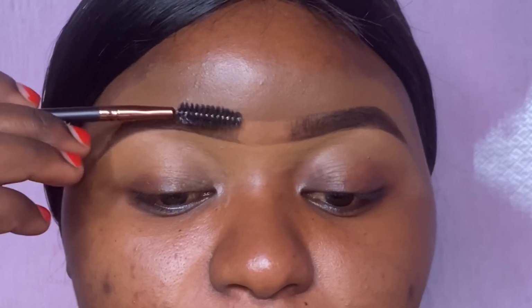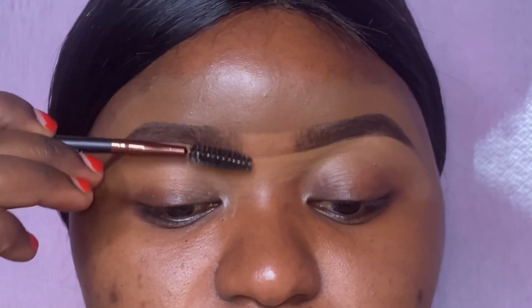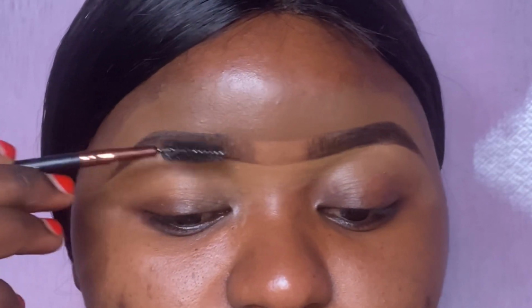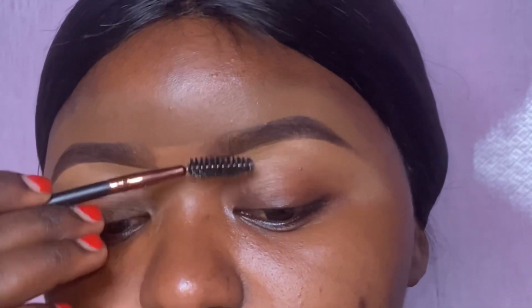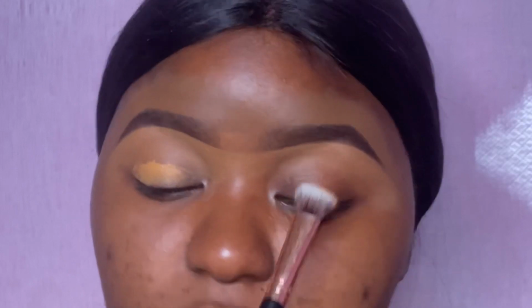So next I'm going to be using this spoolie, and I'm just going to use this just to spread that eyebrow pencil, just to make it well blended together. And you can see it's just doing a very amazing job with that. So I'm just going to use this spoolie to spread that eyebrow pencil all over